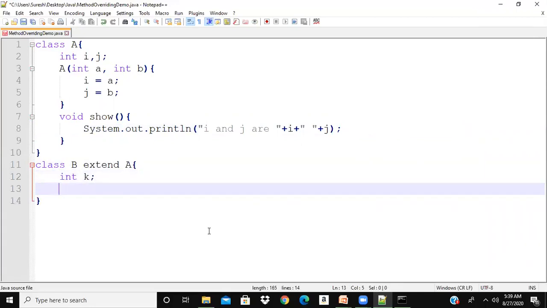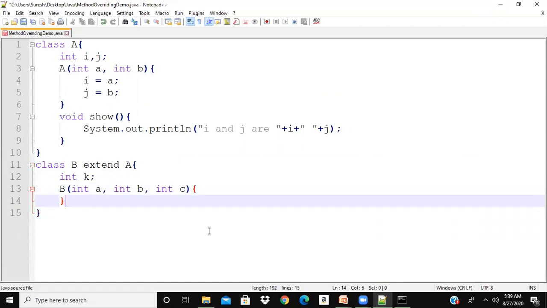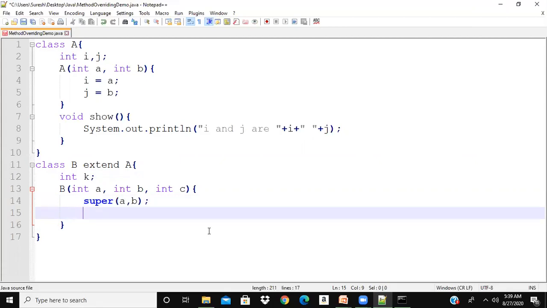So the child contains three variables now, i, j, k, because it is extending A. Write this constructor. I want to initialize all three variables with this constructor. I can call the parent class constructor using super. That is one of the use cases of super. We're initializing all three variables.